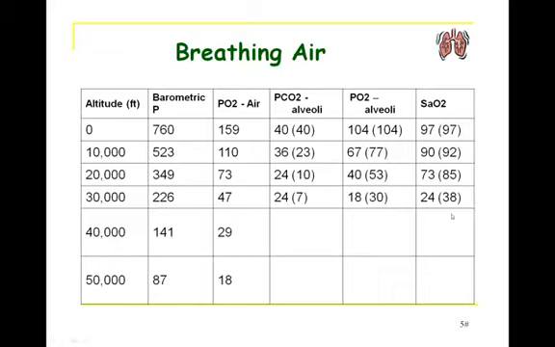Pretty much in order to stay conscious, you need to have at least 50% saturation of hemoglobin. Once you get less than 50% saturation of hemoglobin, usually someone will pass out, and that's for someone who's not acclimatized to a higher altitude. Now, the highest altitude limit is at Mount Everest, which is a little less than 20,000 feet. So the big issue is going to be the low levels of oxygen. That is going to be the most significant issue.